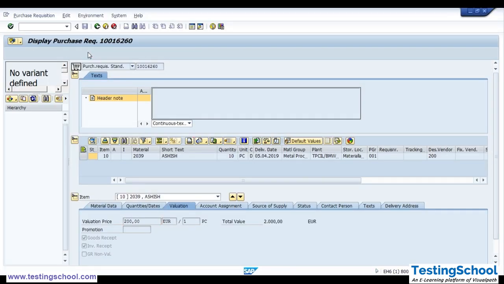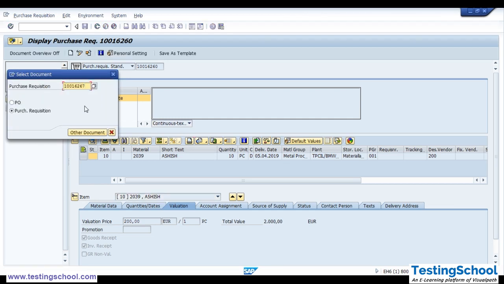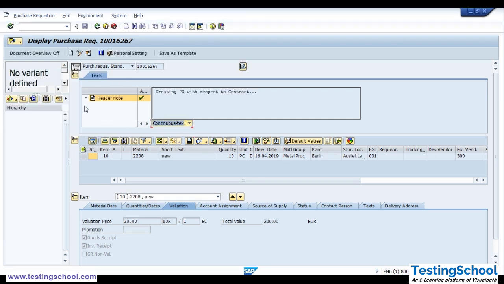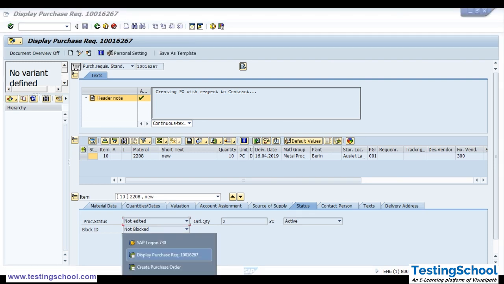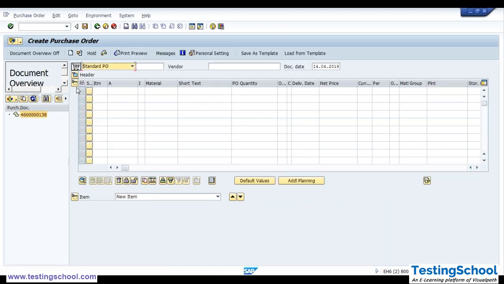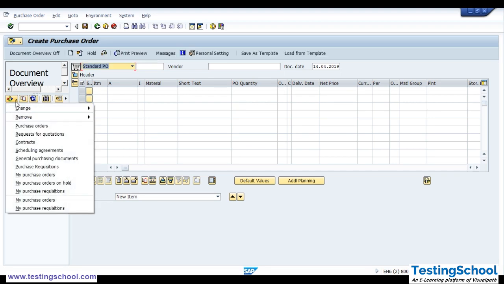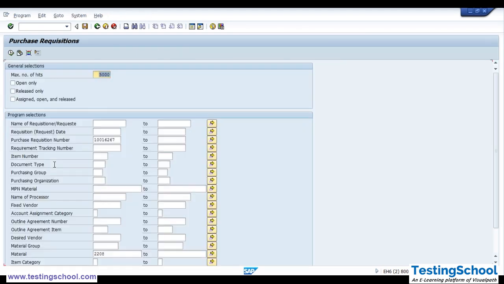We'll open this PR. Status we wanted to see. Status is not modified because the PO is being created with respect to the contract, not with respect to the PR. Let's now create another PO with respect to the PR, purchase requisition. To remove this, and